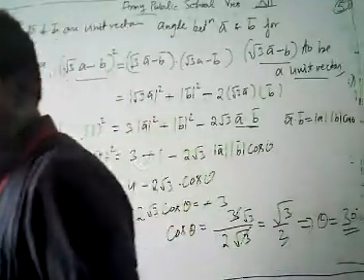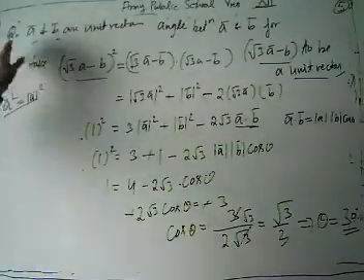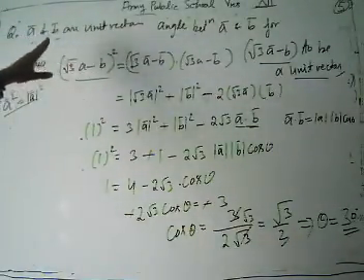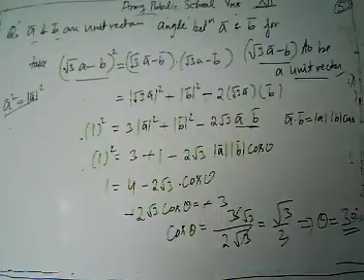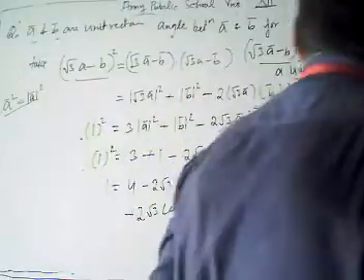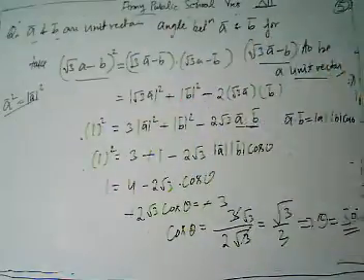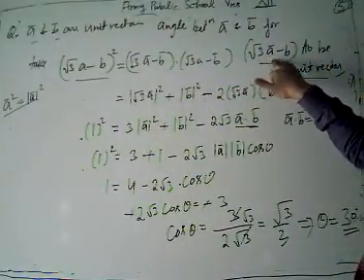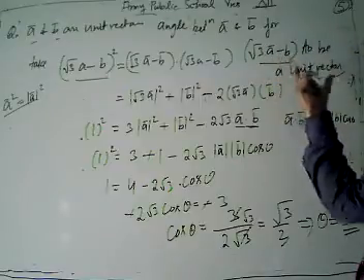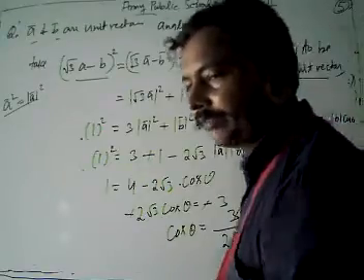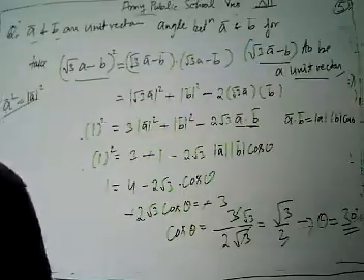Then again, I'm going to revise. Look what we have given there. In this problem, vector A and vector B are unit vectors, and we have to find the angle between vector A and vector B, given that √3A − B is a unit vector. Then we start with our concept to find the angle between them.